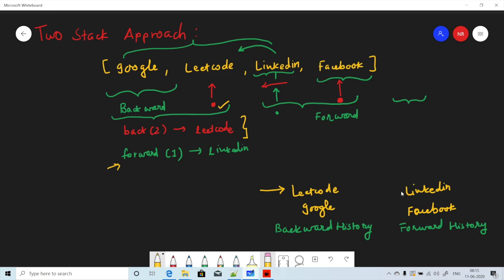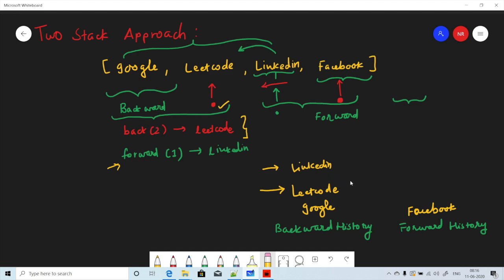So we will take one from here, LinkedIn, push it to the backward history and return it. Our current pointer is now at this point, and we'll remove it from the forward. So we always take from the forward and push back to the back history, because when we move to the forward side, whatever is in the backward history, the pointer moves to here. So these URLs are now going to be your back history. That way, when you move to the backward side, your forward history may grow. When you move to the forward side, your backward history may grow.